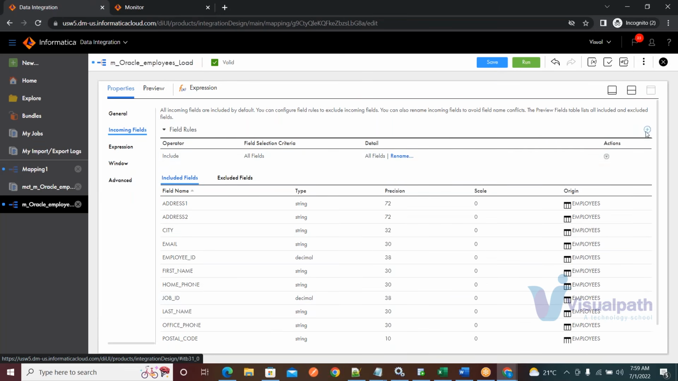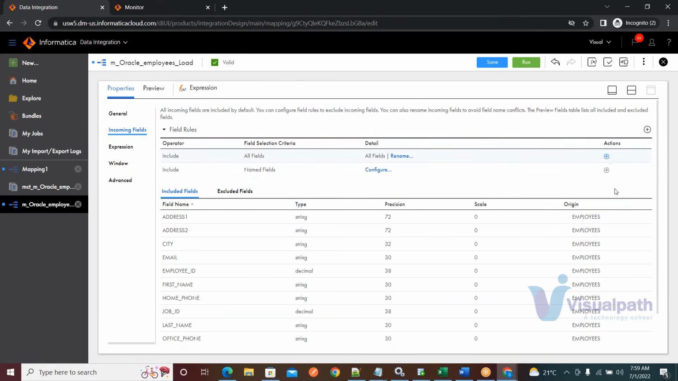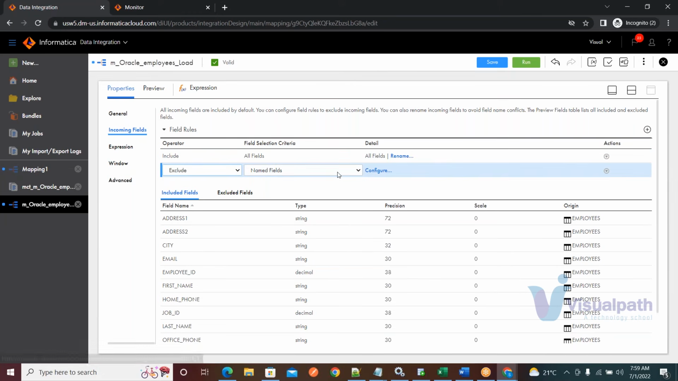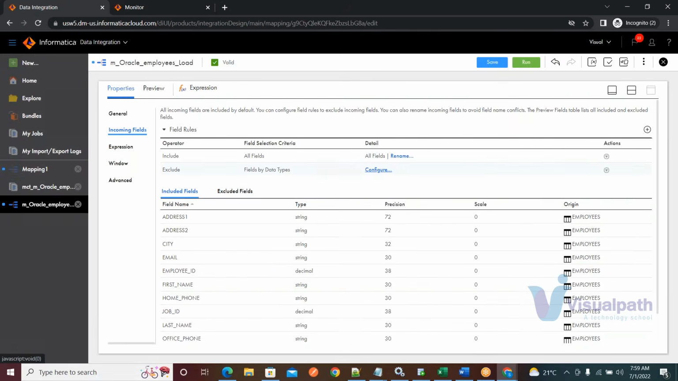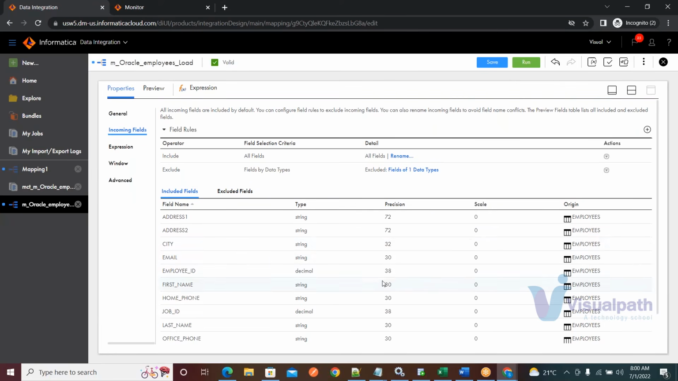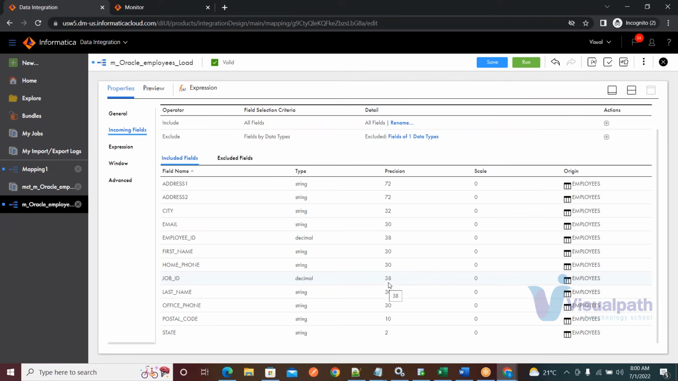But if I want to exclude something, you just click on plus. But don't delete the default rule, which comes with all your incoming fields from your source. You want to exclude something, just select exclude, and you get named fields, fields by data types, and fields by text or pattern. For example, I want to exclude fields by data types. Click on configure. I want to exclude date time data fields. Click on OK. Now if I have a date time data field, I get that field excluded in this table,